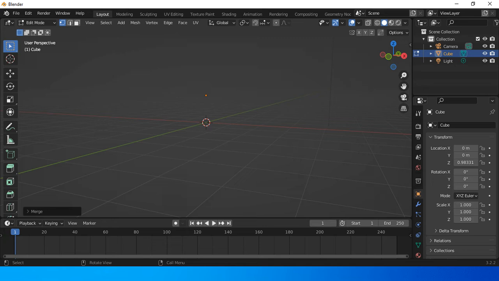So first of all, you have to extrude this point. And so to extrude, you have to click E. When we click E, now you can stretch to the point where you want to. First of all,